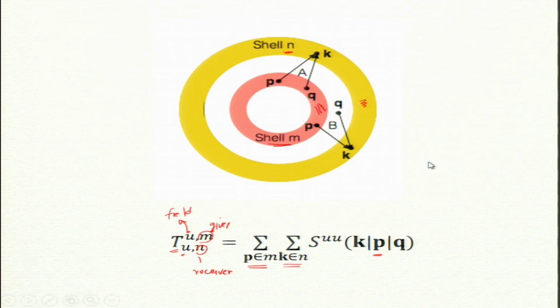Now, if you use the Craig-Lang formula, then there is a problem. Can you see the problem in the Craig-Lang formula? Craig-Lang is K receiving from P and Q. Now, it is a triad only, no? So, we need all three. It is possible that P and Q lie in the pink shell, or P lies in the pink shell and Q lies anywhere. Q could also be in yellow. So Q does not necessarily lie in the pink shell. That is the ambiguity, so in the Craig-Lang formula it is not possible to compute shell-to-shell transfer.